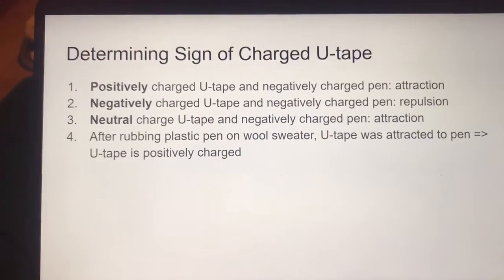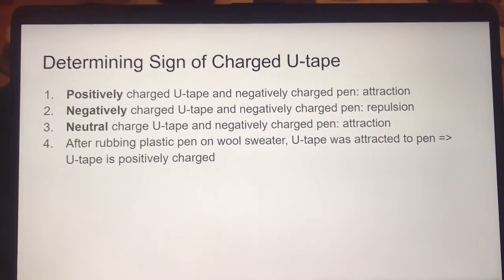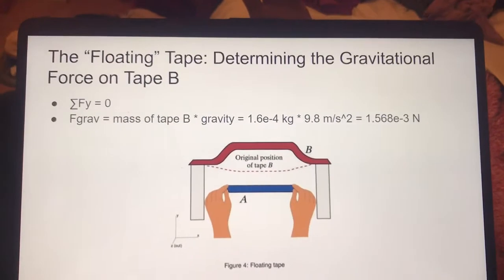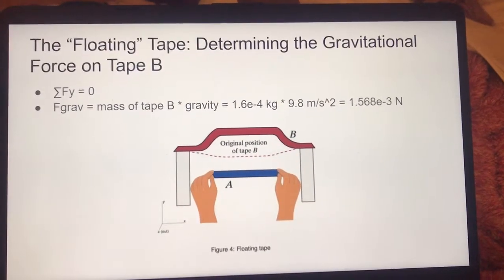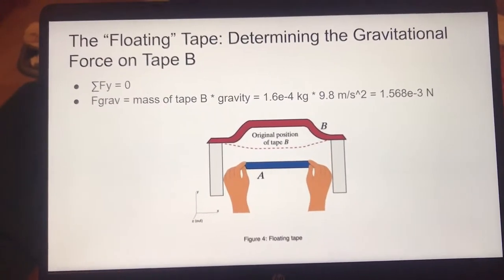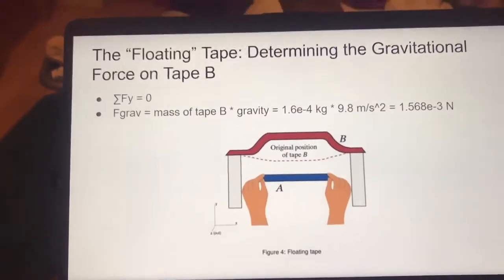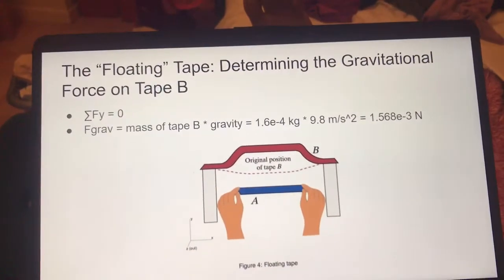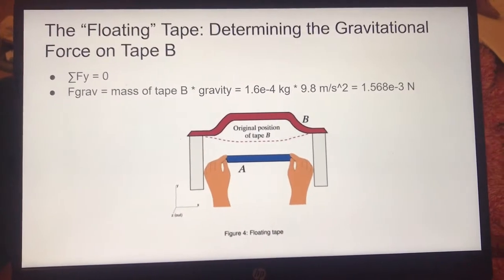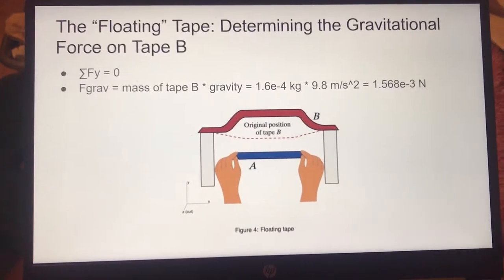The next experiments we did were to help with my understanding of positive and negative charges and whether or not they attract. In this experiment, we made the setup of a floating tape. Because we assumed Newton's second law, the net force in the y direction is 0. And to determine the gravitational force, we